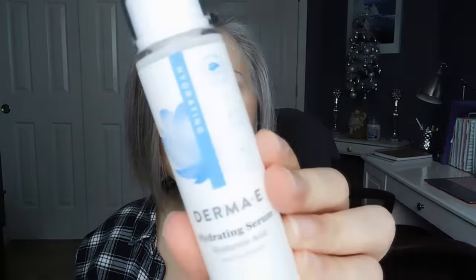And then a couple of other things. I guess I don't need to necessarily stick that back in. I was trying to stuff it back in the box. Derma E reached out, and they sent a bunch of bloggers stuff, but they sent me their hydrating serum, which is their hyaluronic acid. I have not started testing this, and the only reason I haven't, quite honestly, is because this has a kind of a heavier fragrance,